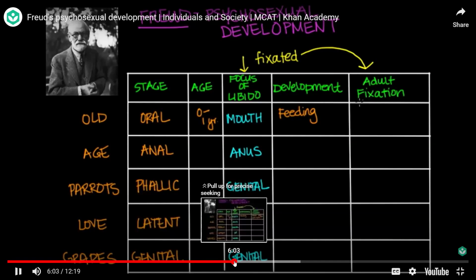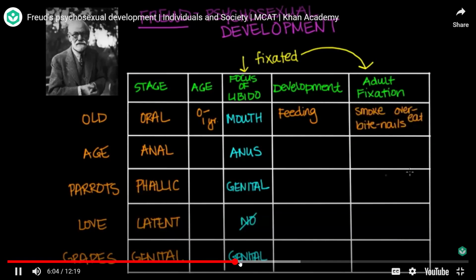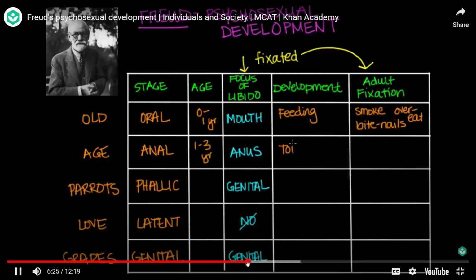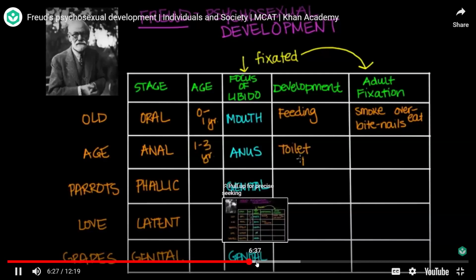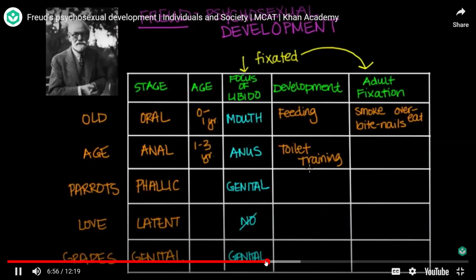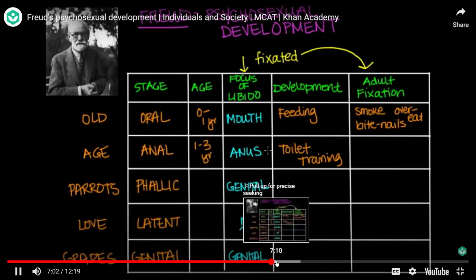All right, moving on to the second stage. The second stage is the anal stage, and that occurs between the years of 1 to 3, with toilet training. So when the child gets older, they learn how to control his or her bodily needs. Parents are encouraging positive outcomes and helping the child feel capable and productive. And Freud believed that positive experiences in this anal stage can help serve as a basis for people to feel competent and productive and creative adults.